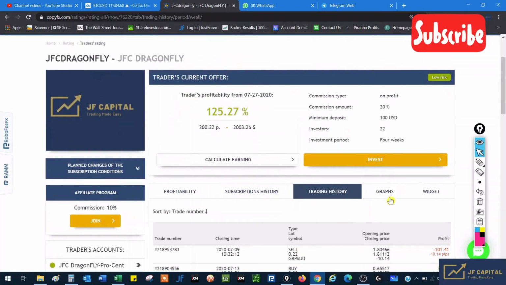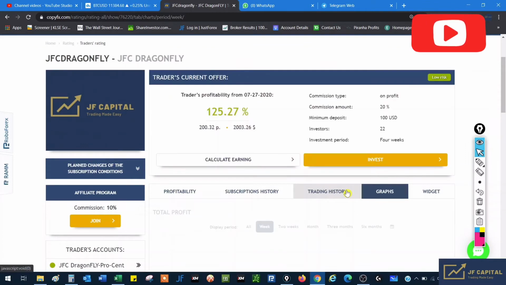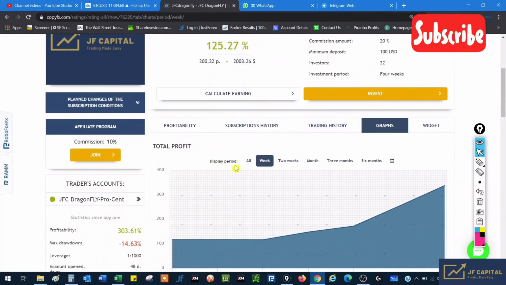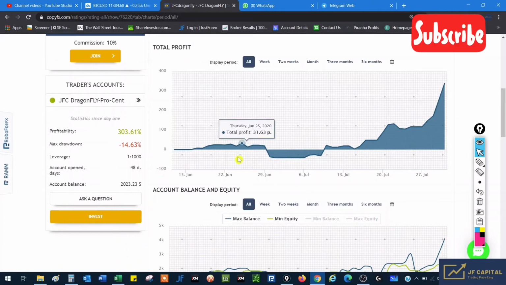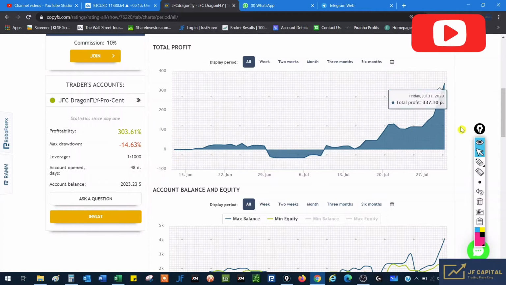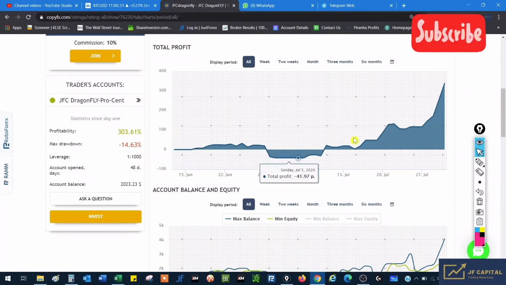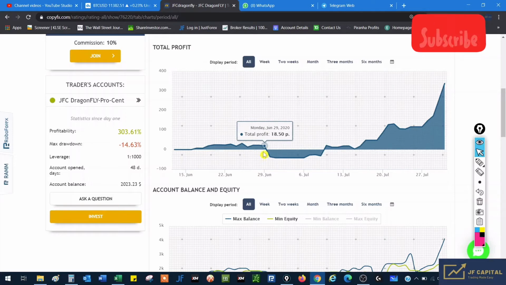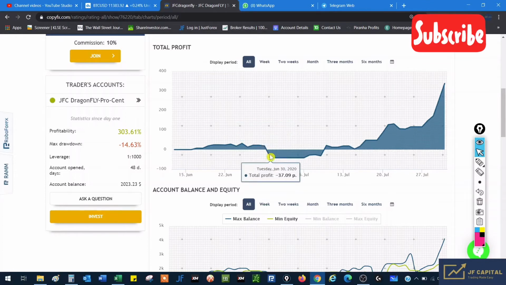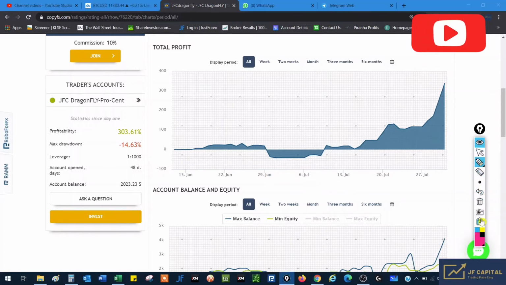On top of each position which I have executed, you can also go to the graph and go to total profits. You can also check my P&L from the day that I started until today with this broker. So you can see that my equity and my profit is growing slowly, and there's a losing streak on 29th of June that week, which brought down my equity, and I've stayed stagnant because of the beauty of